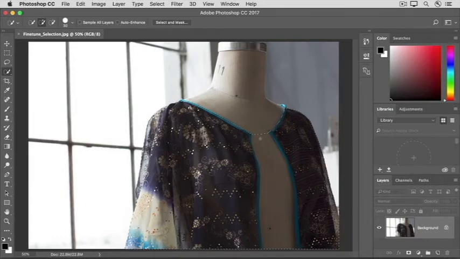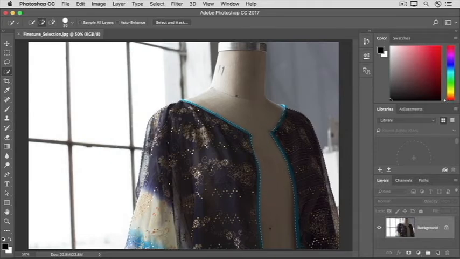And if your tool selects the area in the middle, hold down the Option key, that's the Alt key on Windows, and click and drag there to remove that area from the selection. I'll release my finger from the mouse and the tool automatically switches back to Add to Selection mode, and I'll come up to the shoulder and click and drag over this extra bit that I'd missed to add that into